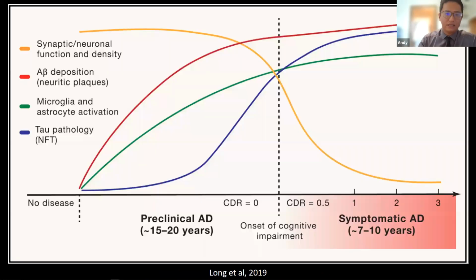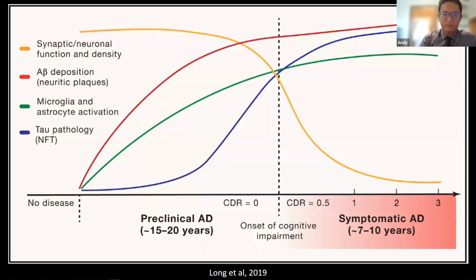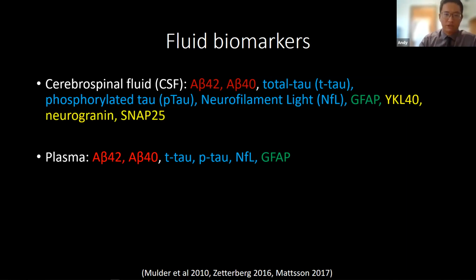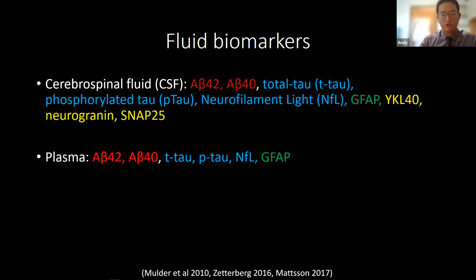And so you can see that the A beta 42 levels correlate with that red that I had just shown you on the graph before. The total tau, phospho-tau, neurofilament, that's the blue that I showed you for the axonal markers. The glial marker, which is GFAP, tracks well with the green, and the synaptic markers shown here, YKL40, neurogranin, and SNAP25. Those are all very new markers that look for the synaptic function and density. And you'll see those transfer into the plasma more and more as more research continues.